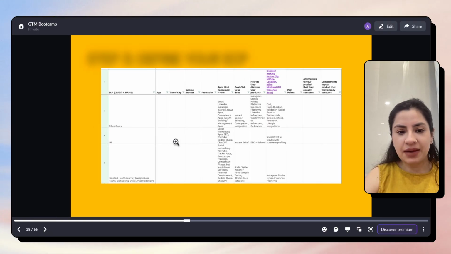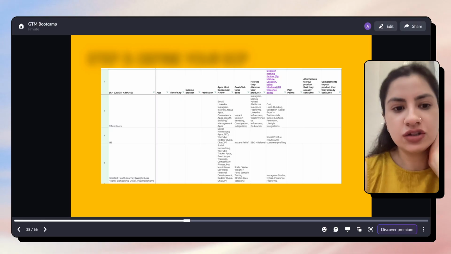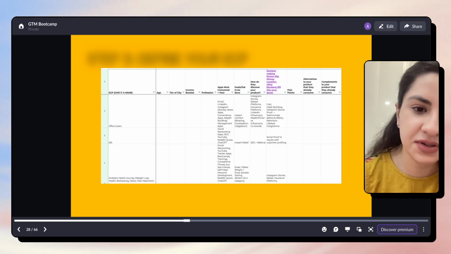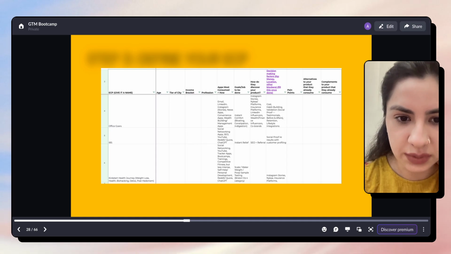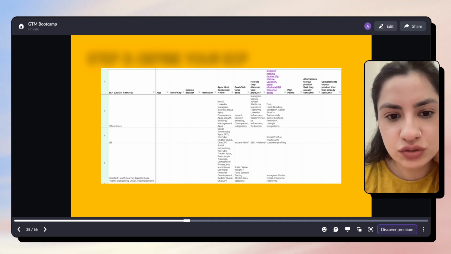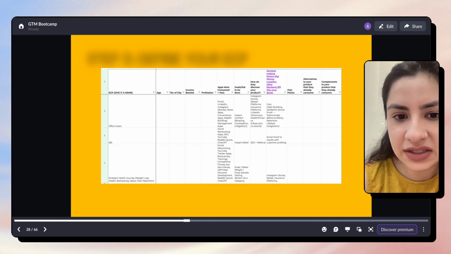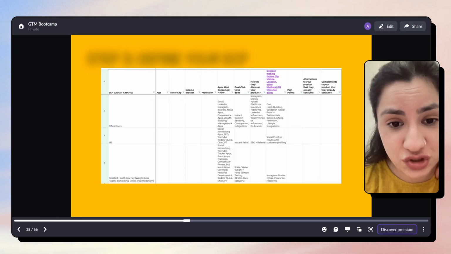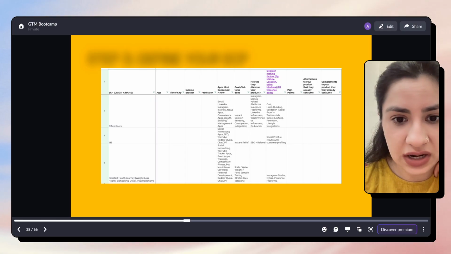Let me give you an example. Let me show you an example. So let's say you are speaking to office goers. I've removed these details because they're quite identifying for the work we've done. But the apps that they consume the most potentially are email, LinkedIn, Instagram stories, news apps, convenience apps, wealth building and management apps. The jobs to be done were decided.